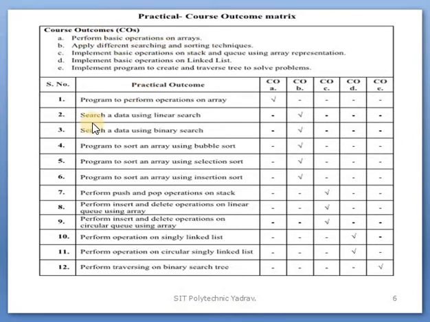Now today's second practical is titled search a data using linear search. After completing practical number 2, you will be able to achieve the CO: apply different searching and sorting techniques.